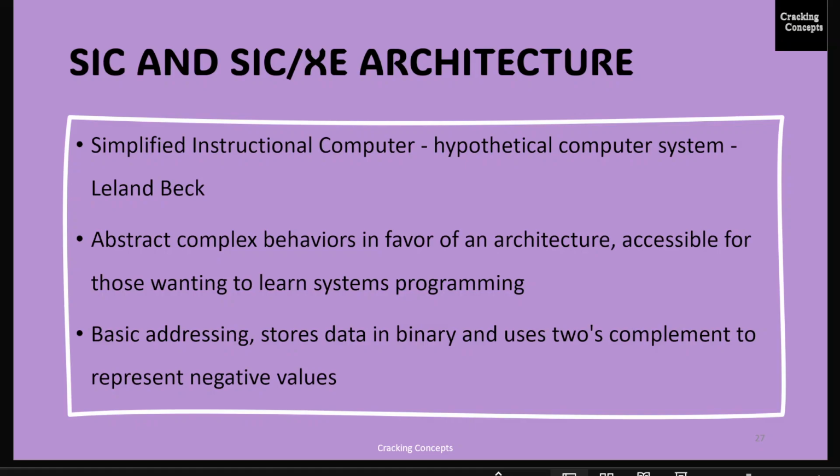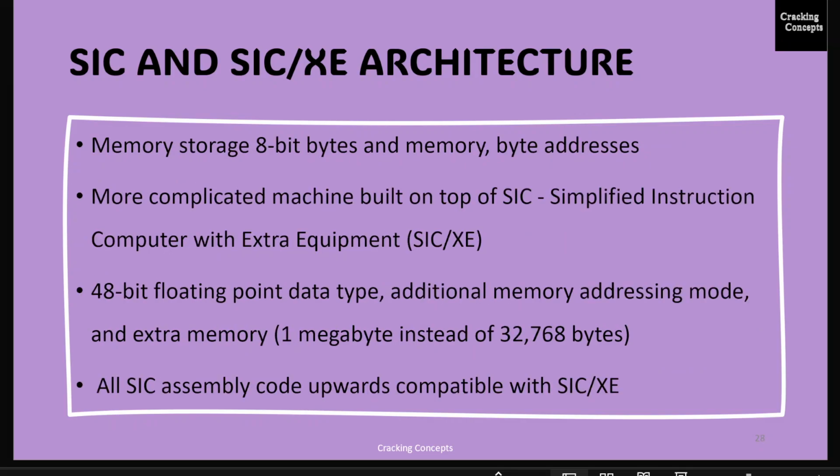The SIC machine has basic addressing, storing most memory addresses in hexadecimal integer format. Similar to most modern computing systems, SIC architecture stores all data in binary and uses the 2's complement to represent negative values at the machine level. Memory storage in SIC consists of 8-bit bytes, and all memory addresses in SIC are byte addresses. There is also a more complicated machine built on top of SIC called Simplified Instructional Computer with Extra Equipment, or SIC/XE. The XE expansion of SIC adds a 48-bit floating point data type, an additional memory addressing mode, and extra memory, that is 1 megabyte instead of 32,768 bytes, to the original machine. All SIC assembly code is upwards compatible with